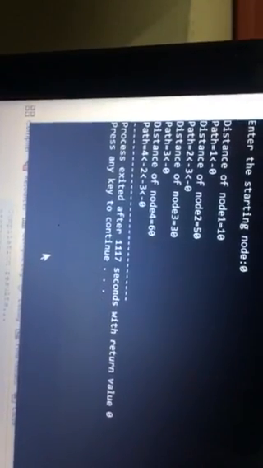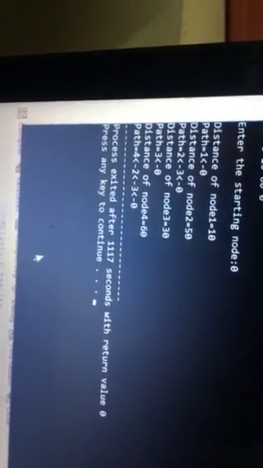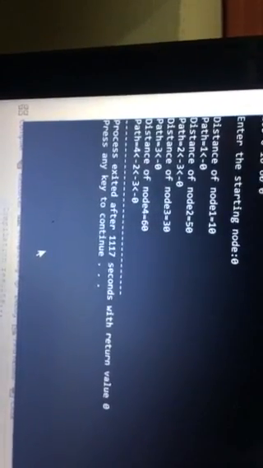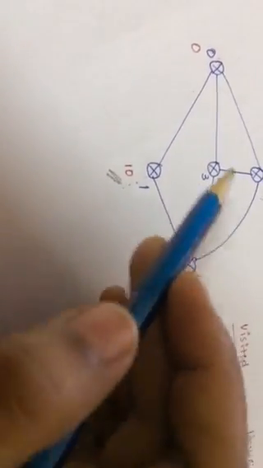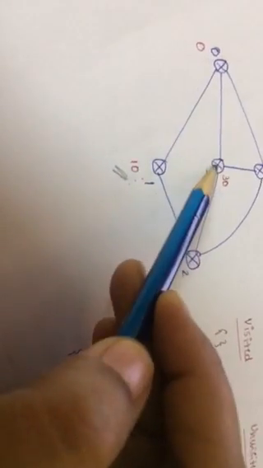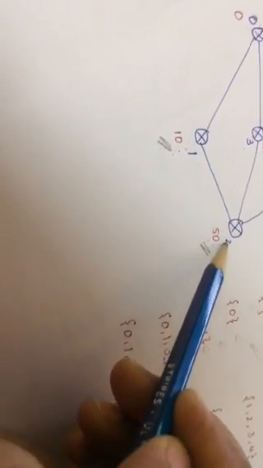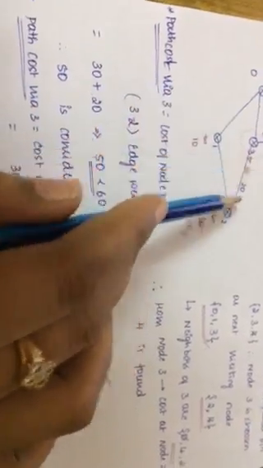Next, how to reach from the 0th node to node 2, and what is the value of node 2? The value of node 2 is 50, and I have reached it via 0, 3 and 2. So where have I done that? We have done that here. So finally it is 0, 3 and 2, via 3. So that's why you have got this output.